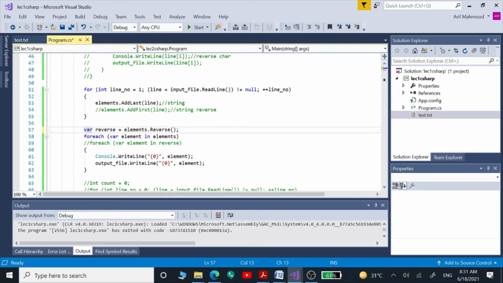So now we are going to call this reverse function onto our linked list, and then we are going to reverse those. And here where we have defined a reverse variable, we are going to use this variable now to traverse through that list, to run through our list. Since whatever we are getting from these elements, we are going to reverse those, and then we are going to use this reverse variable to display those onto the console window first, and then we are going to store those into an output file as well.